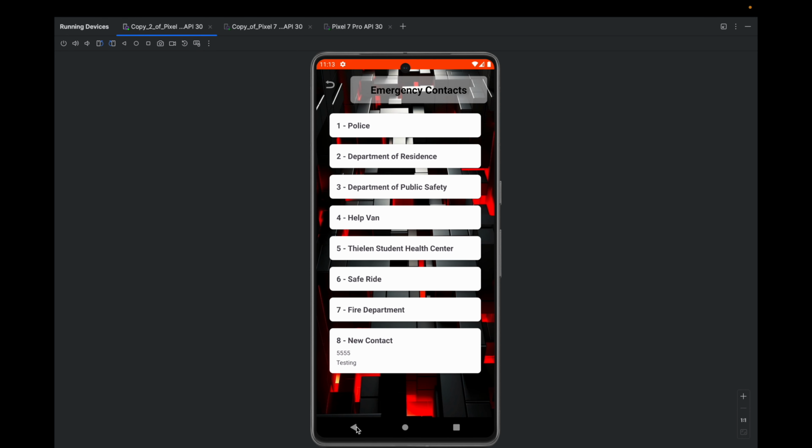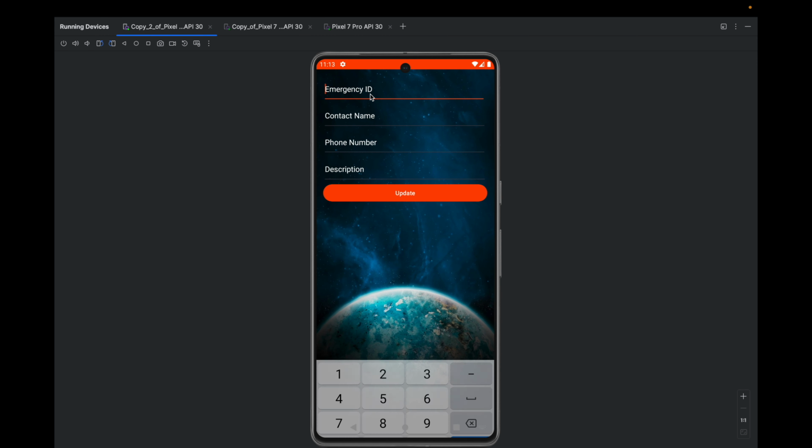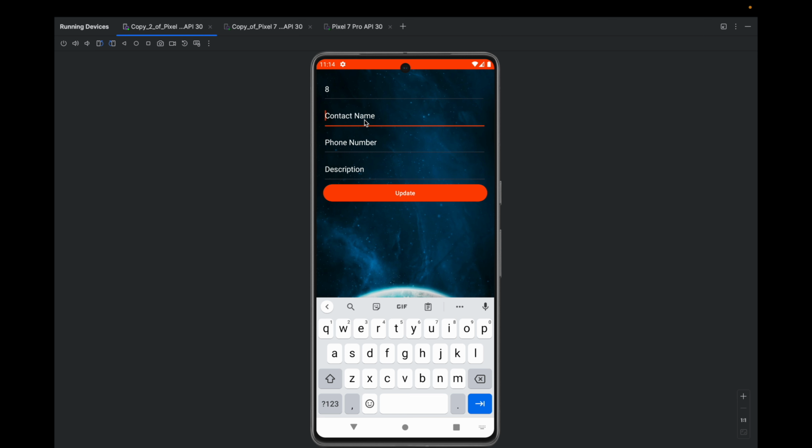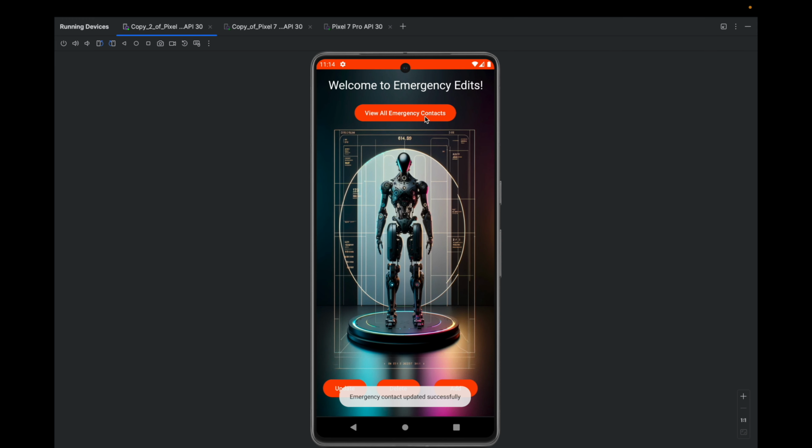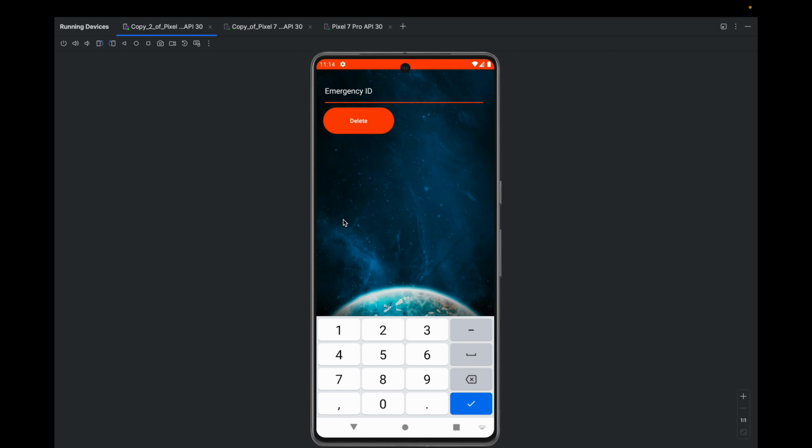And you can go ahead and update it. For this, you'll have to view the contact, get the ID from here, and click on update, enter the ID, enter the new name, updated phone number, and description, and it should get updated over here. Similarly, you can go ahead and delete it. I'm going to delete ID 8, and it should be deleted from our server. So similarly, you can go ahead and edit the navigation items, and update, add, or delete them, and